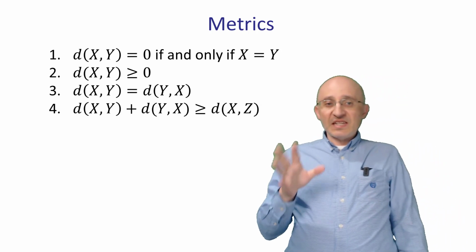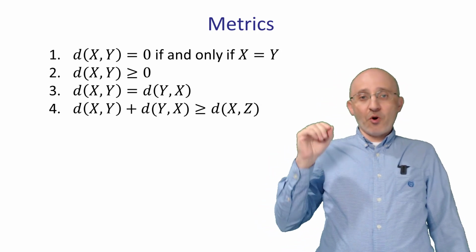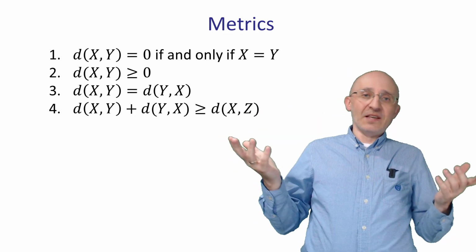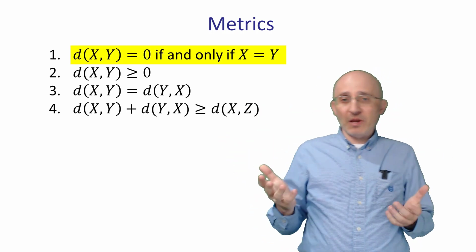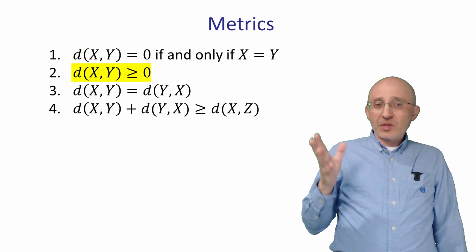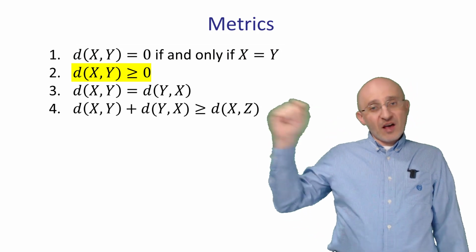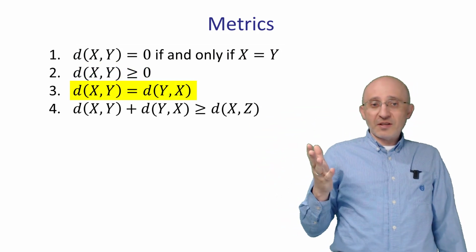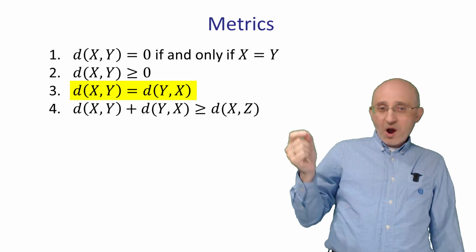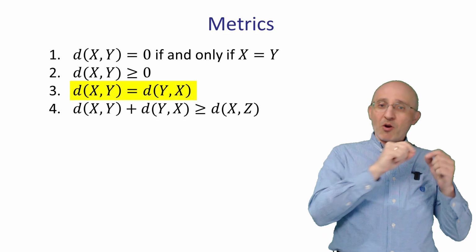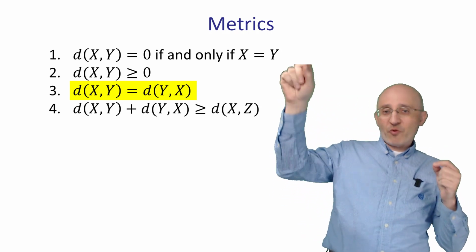First, the distance between point X and point X, which is X to itself, is always 0. And this is the only point to which the distance is 0. Second, the distance from point X to any other point is always positive. Third, the distance from X to Y is the same as the distance from Y to X. So it doesn't matter if you are moving from that point to that point, or from that point to that